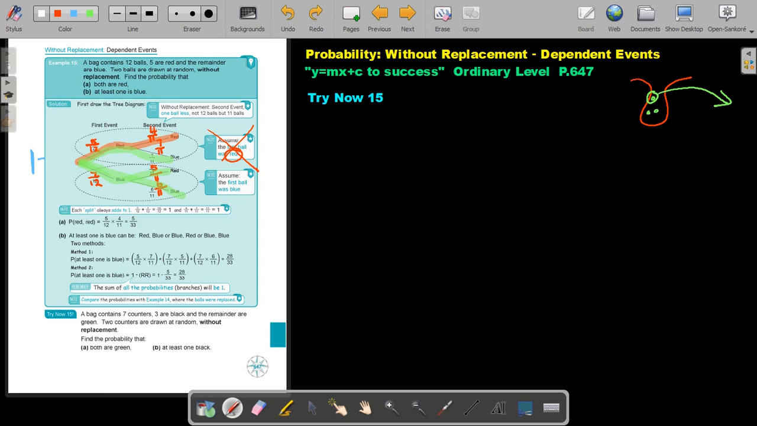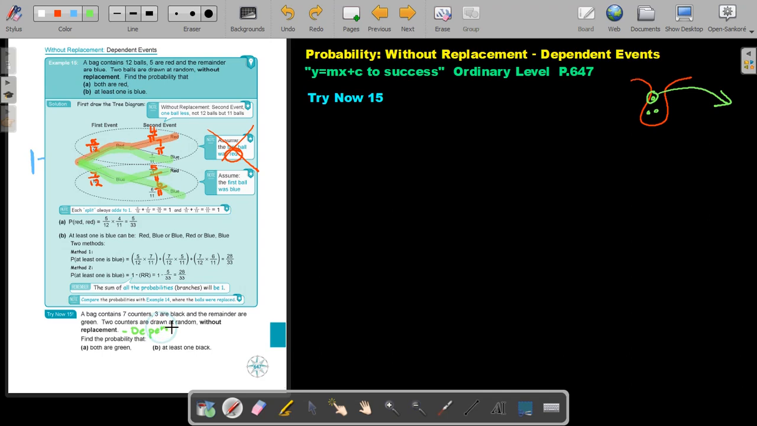Okay, I think we're first going to read it. A bag contains 7 counters. 3 are black and the remainder are green. 2 counters are drawn at random without replacement. Remember, as soon as you see without replacement, you must know it's